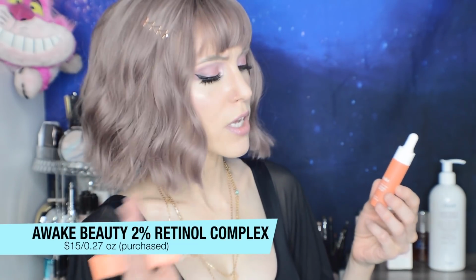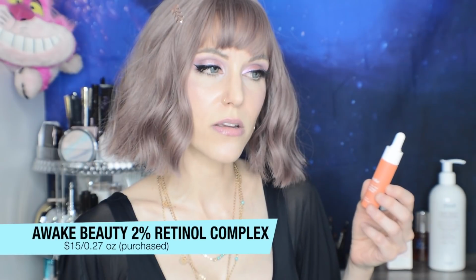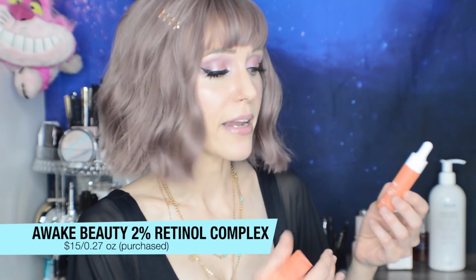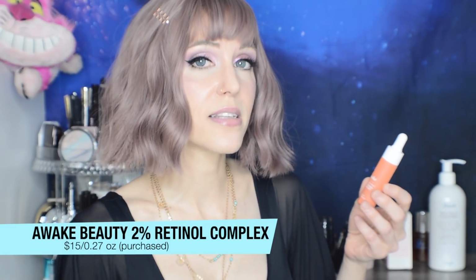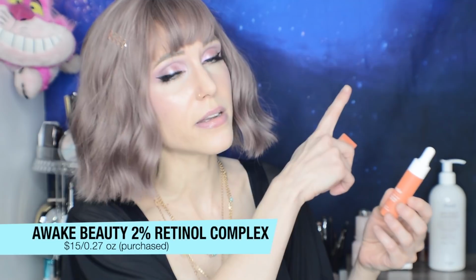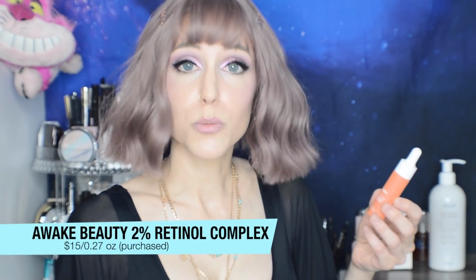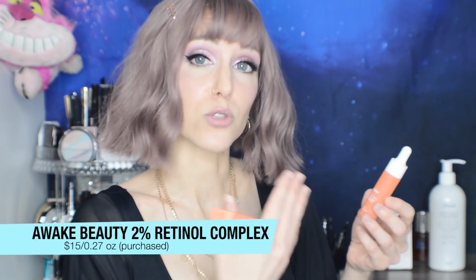And while we're here, really quick conversation about the word retinol. So I've noticed that the industry is kind of often misusing that. This is actually not a retinol complex, it's a retinoid complex. It contains HPR, which we talked about in my retinols video. It's a more active form, so potentially this is a much stronger product than if you bought an actual retinol